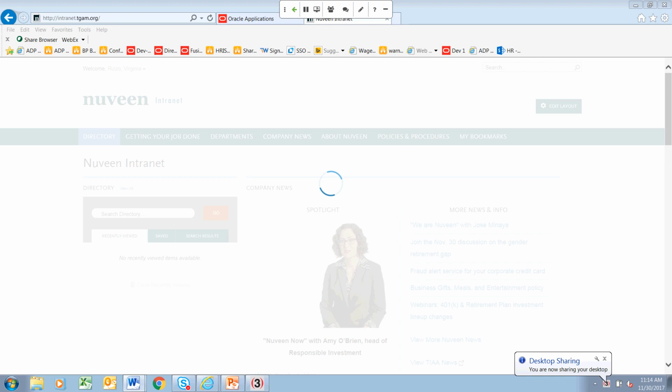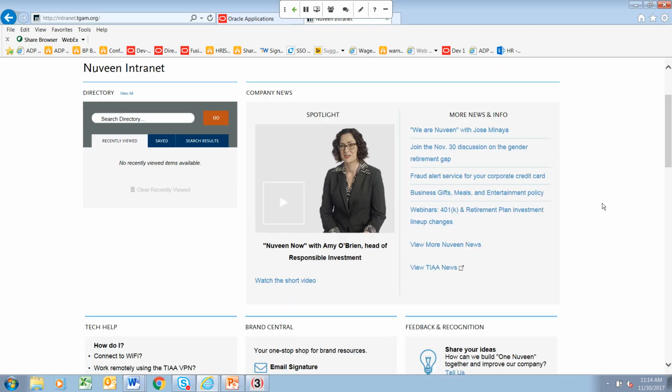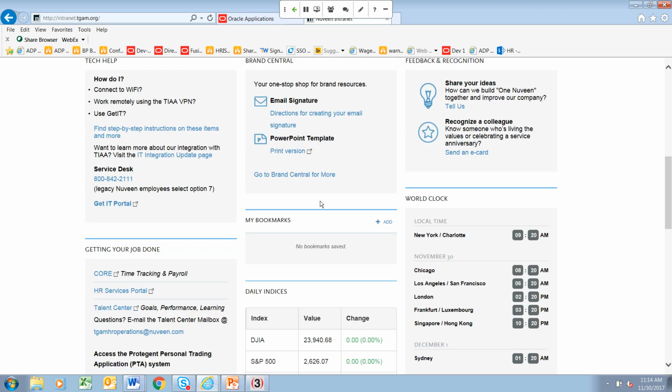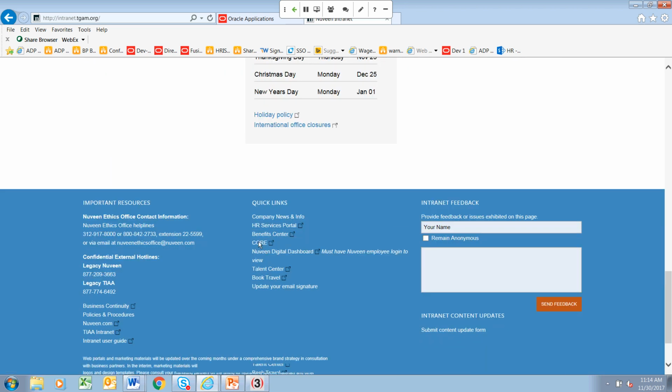And today I will review the navigation for the most frequently used MSS functions in CORE. And as you are aware, CORE is easily accessible on the corporate intranet or via the HR Services portal. By clicking the CORE link here or the HR Services portal.